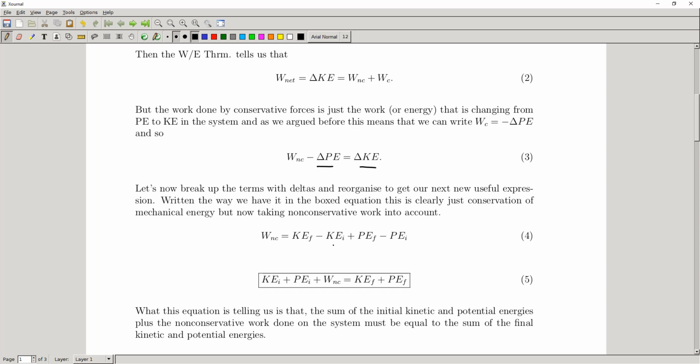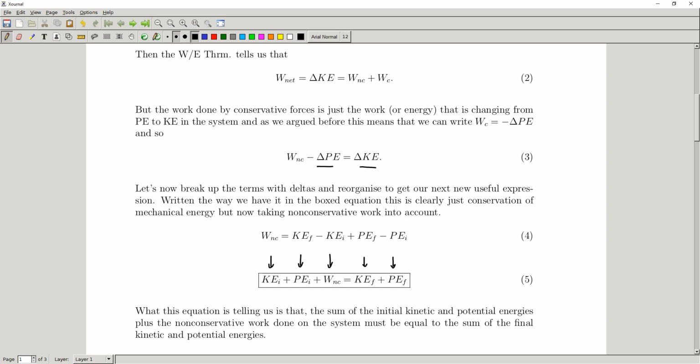So what this equation is telling us, that we can see just by the terms here, is that the sum of our initial kinetic and initial potential energy, plus the non-conservative work that we do to the system, has to be equal to our final kinetic energy plus our final potential energy, right? So we have some initial energy, either kinetic or potential. We do some work to the system, and then after all the work is done, we have some final kinetic